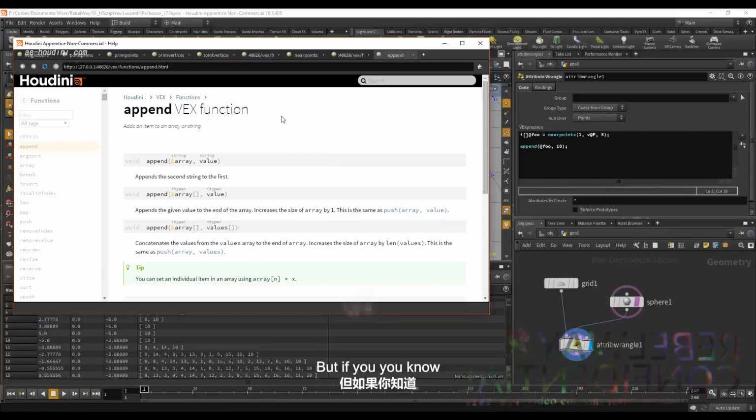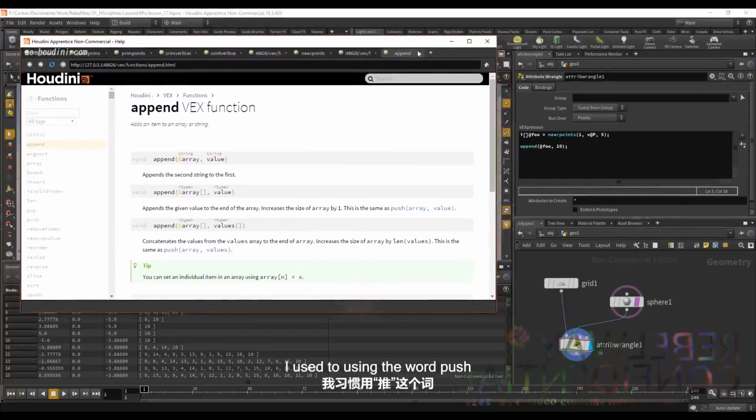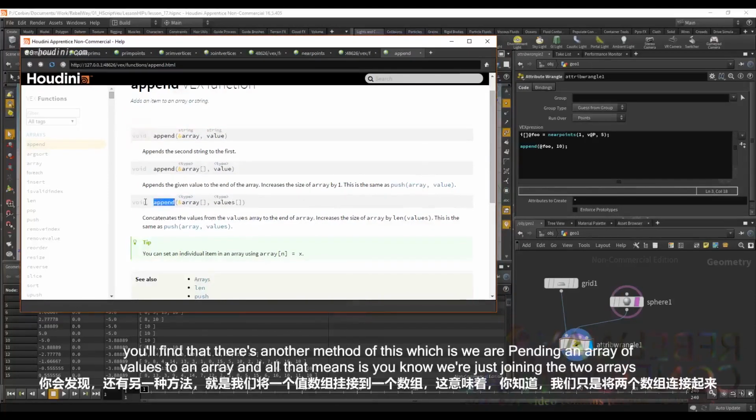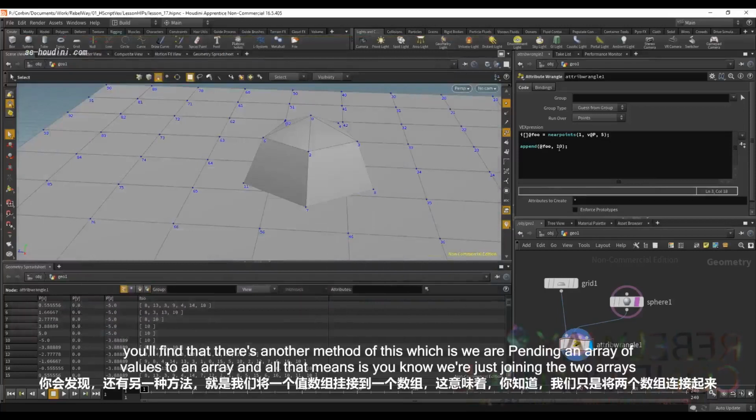I tend to use append, but if you are used to using the word push, then go for it. It does the exact same thing. Also, you'll find that there's another method of this, which is we're appending an array of values to an array. And all that means is, we're just joining the two